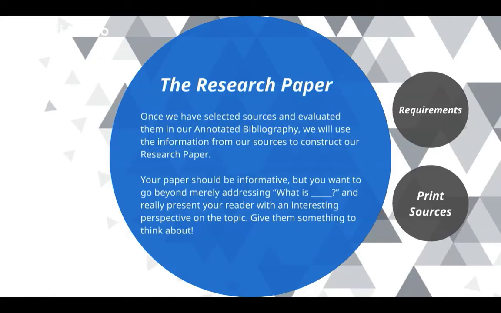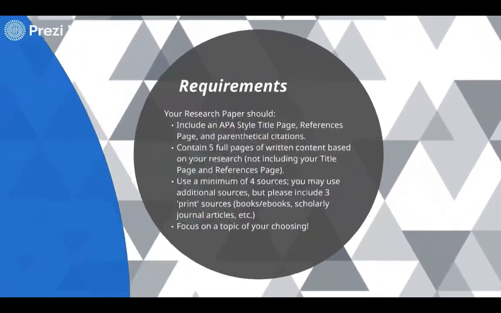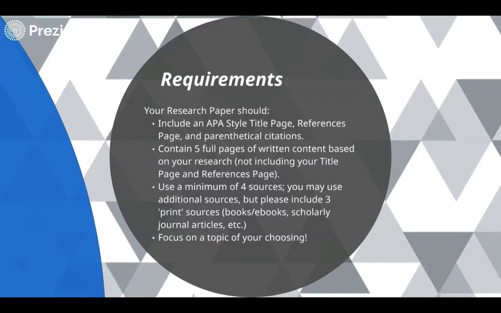Now let's talk a little bit about the requirements for this assignment, or things that you should keep in mind as you start thinking about this paper. Our research paper should be formatted in APA style, which means we will want to include an APA style title page, references page, and parenthetical citations. We will talk a little bit more about constructing a references page and compiling parenthetical citations in our upcoming modules, but please keep in mind the APA title page template provided in Module 1 as you get started with your